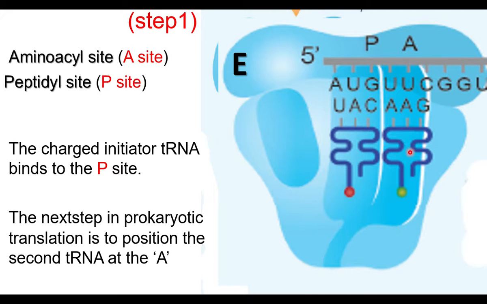Then what will happen? We have already learned in 11th standard also base pair rule. The bases are connected by hydrogen bonds. UUC are bases in codon of mRNA. AAG are bases of anticodon of tRNA. Hydrogen bond is formed between codon and anticodon, second codon and second anticodon of second tRNA.